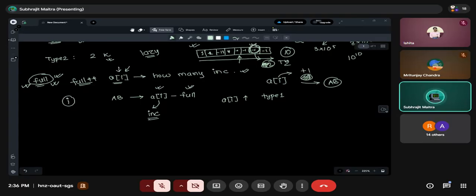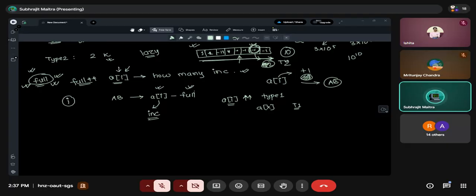Then why do we need to decrement it always? That is why every time we will increment the value of A of x, some index that we will be given in a type 1 query. And if the array ever becomes full, we will increment this full variable, and we will know that one decrement has happened on the entire array.